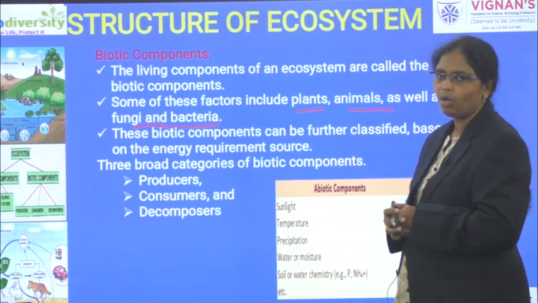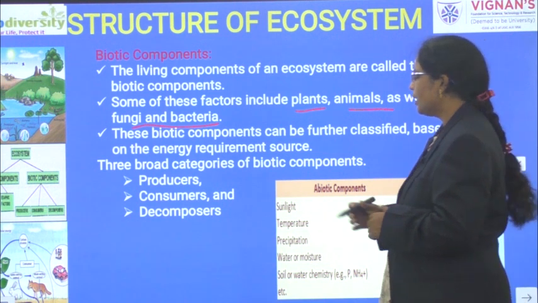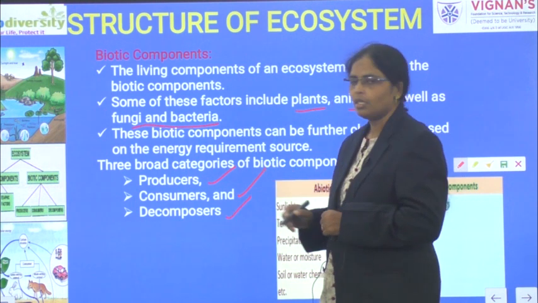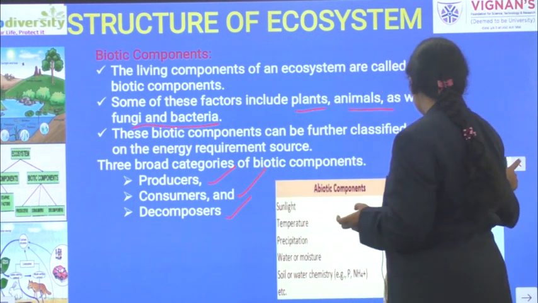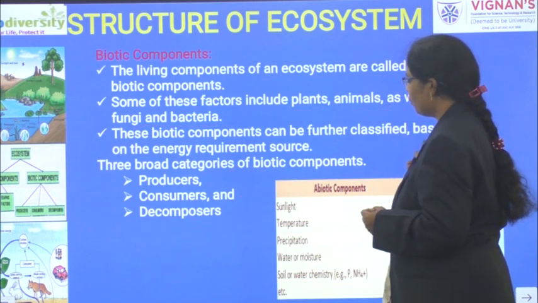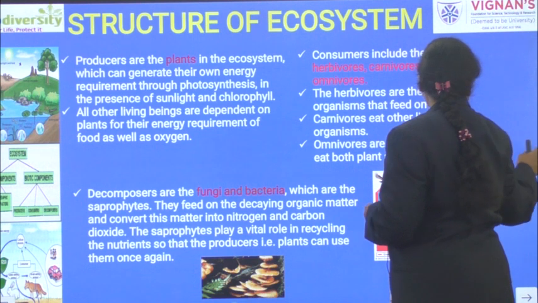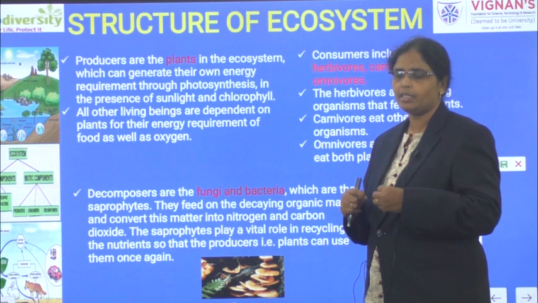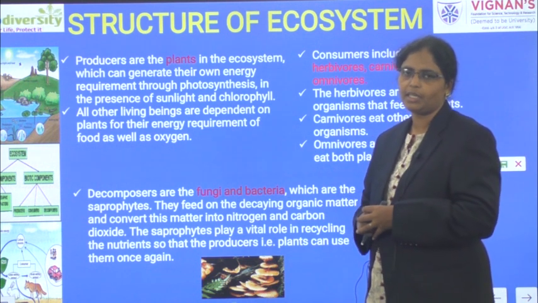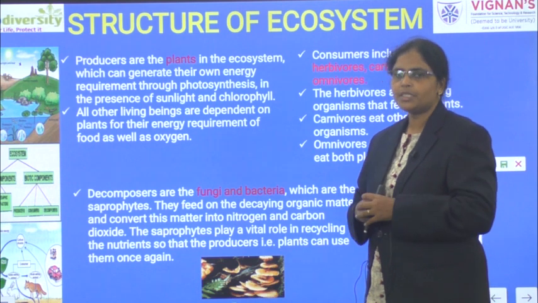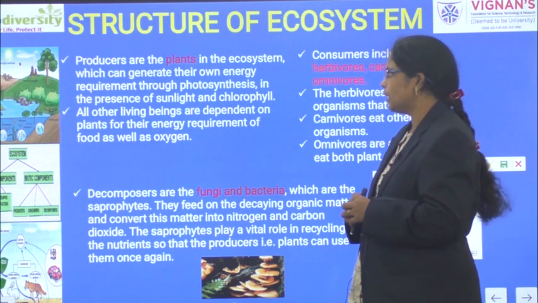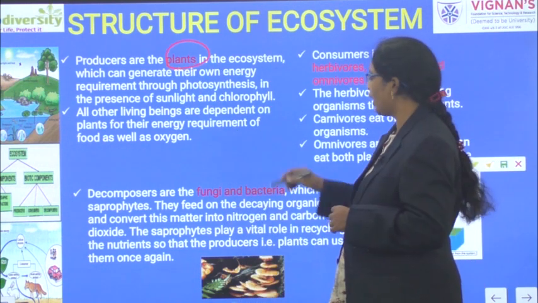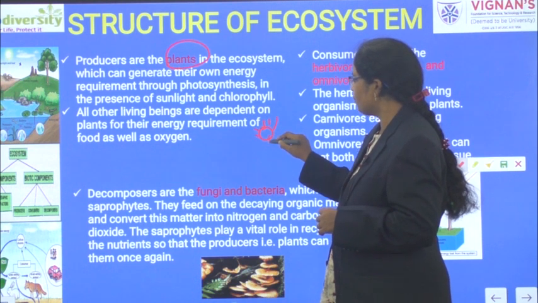So again, these biotic components are further classified into three categories: producers, consumers and decomposers. So what are these producers, what are these consumers and what are these decomposers? We will see one by one. If you see the producers, the name itself indicates that they produce, they prepare the food material. So which species prepare the food materials? Nothing but the plants. Ultimately the plants. These plants get the energy from the sunlight